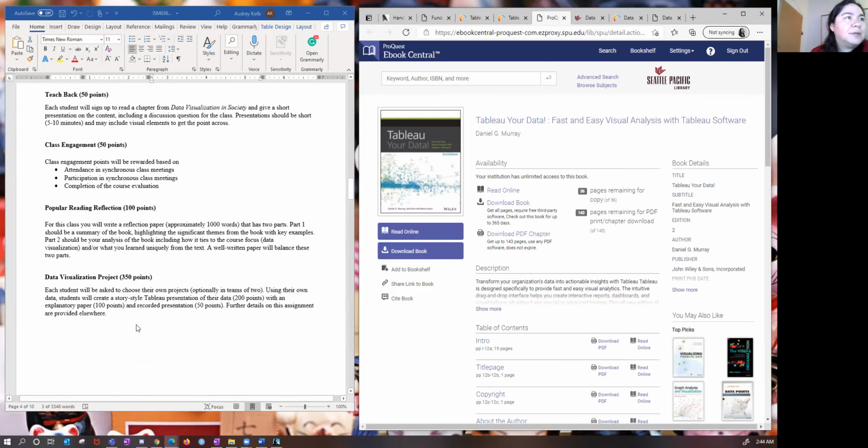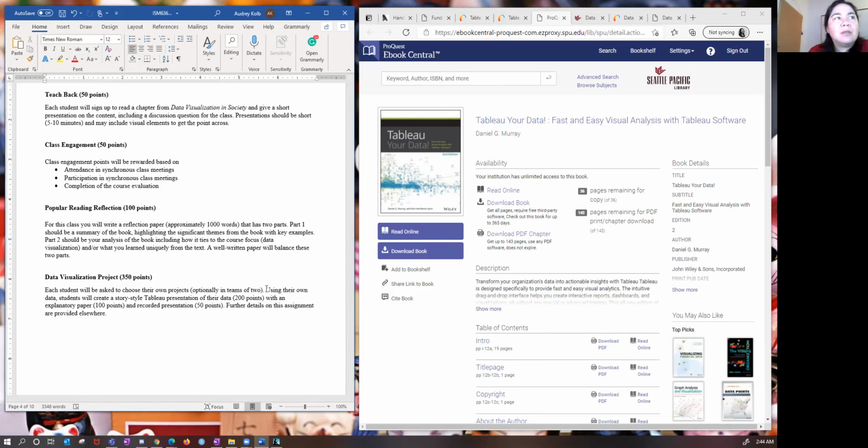The project, you can work individually or in teams of 2, using your own data. This is really good for things like Kaggle. But if you have work data, you're free to use that as well, minding any sort of restrictions that they have in terms of you using their data.